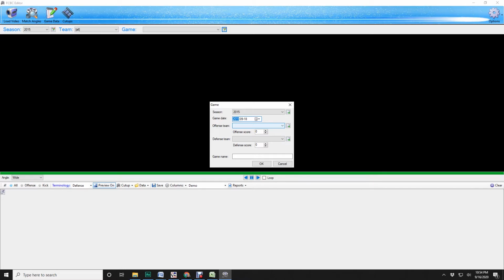Neither one of the teams I don't think are going to be listed. We have a whole lot of teams in here, but it was KHS, excuse me, and Newport. So I need to create KHS. I choose the icon on the end right here and create new team, and I type in KHS and OK. And you'll notice he'll come in as the offensive team, and I'm going to create Newport, same icon on the defensive team. Type in new team and Newport